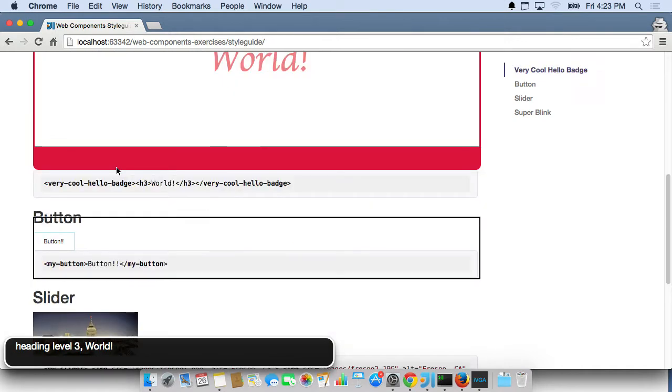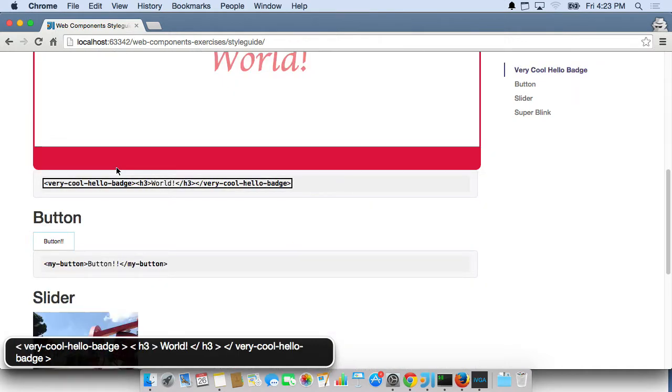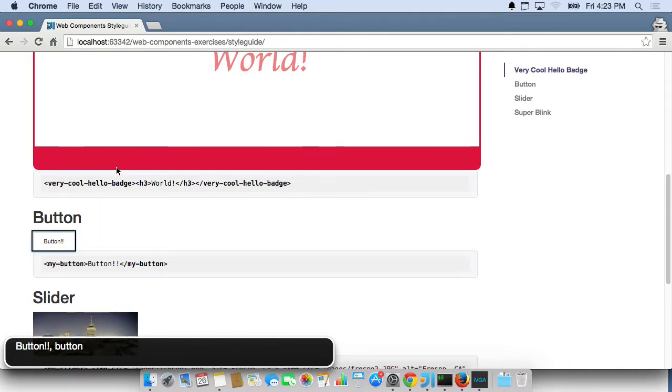All right, so that works. Code isn't going to be very helpful. Less than variable hello badge greater than less than heading level 2, button. Button. Now, what I wanted to call out here, while it said button, because I called it a button, the interesting